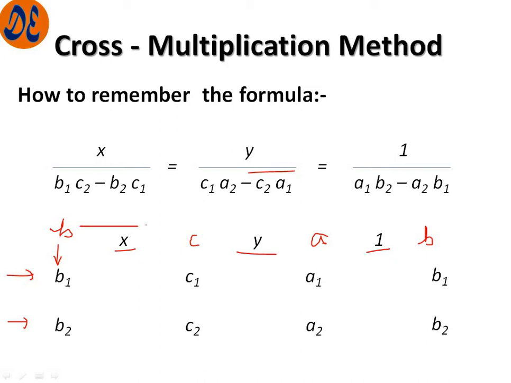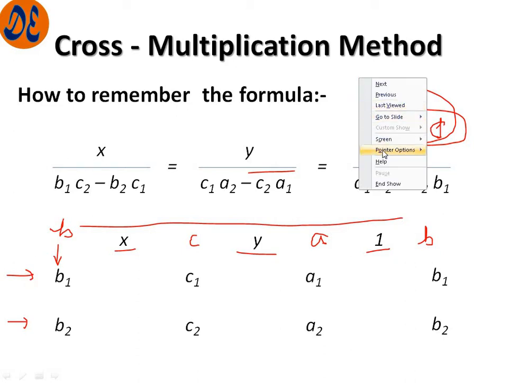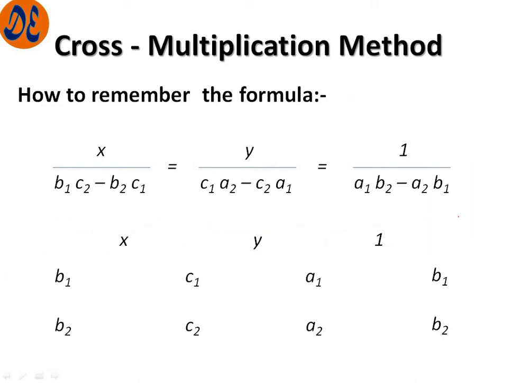Anti-clockwise means from b to c, c to a, a to b. So we are moving like that. If we write a, b and the constant as 1, so if we say c, we are moving in this direction. So in the first one we are starting from b and c, and after c we get a. Writing in this particular manner is a must to retain the values.